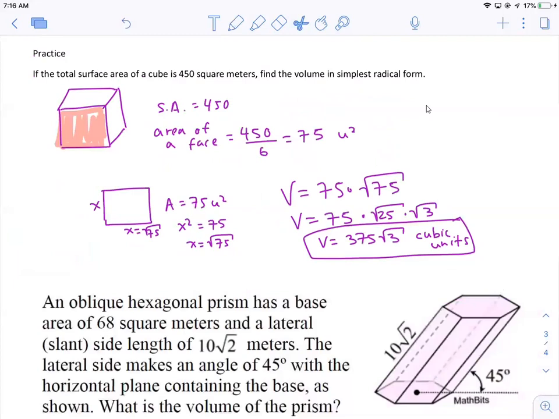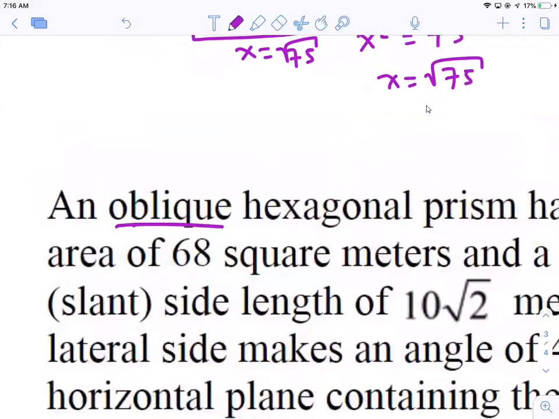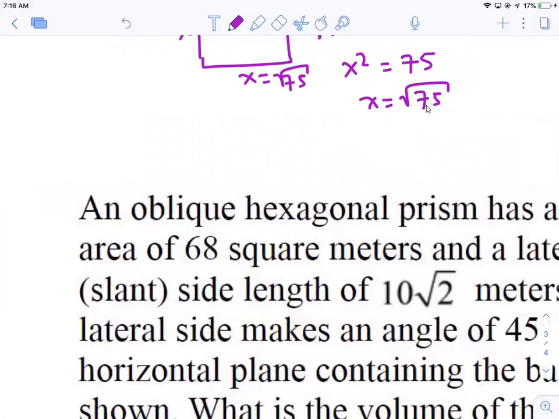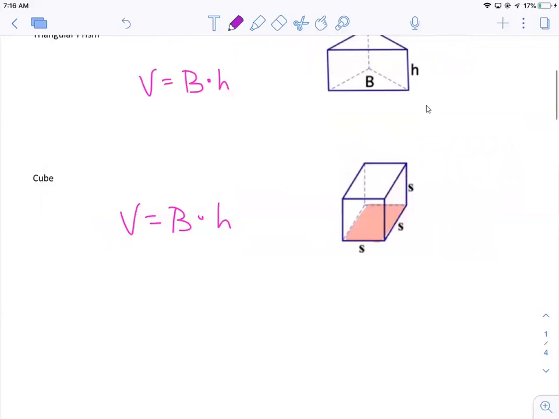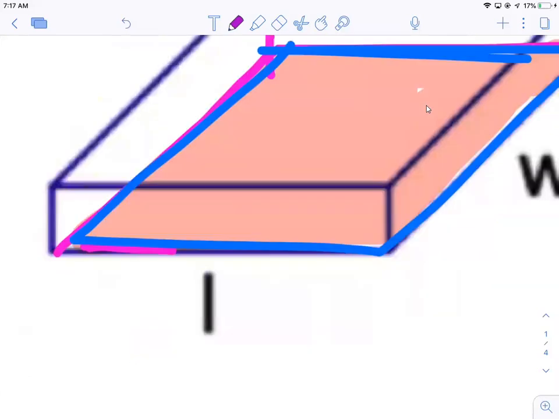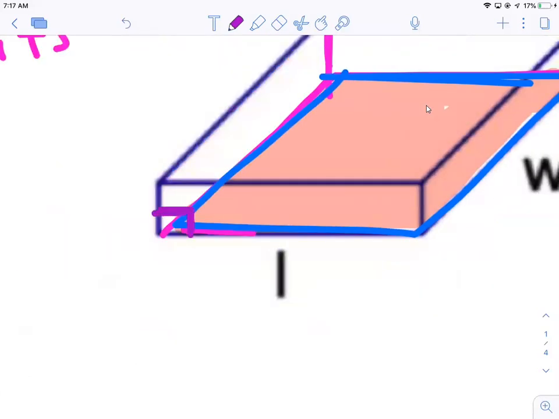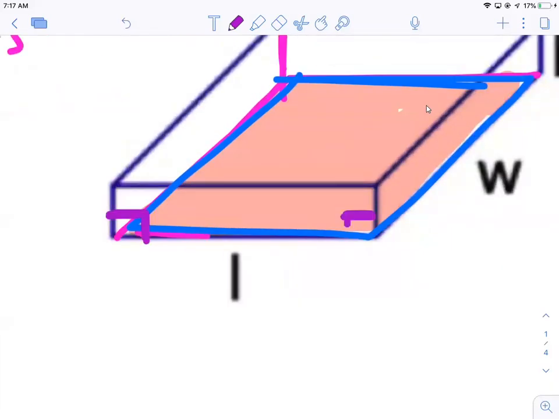All right, next. An oblique hexagonal prism has a base area of 68 square meters. All right, this word oblique just means slanted, right? It means it's not right. Usually, most of the prisms we look at are right prisms. So this, for example, is a right prism because it goes straight up 90 degrees, or at least that's what I assumed when I looked at it, right? I really shouldn't make any assumptions, but let's say this is a right prism,